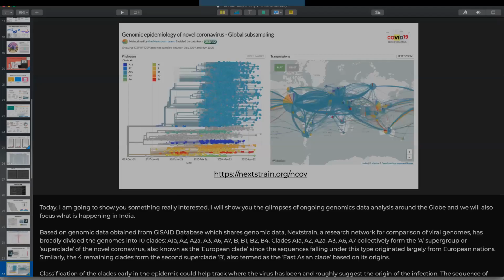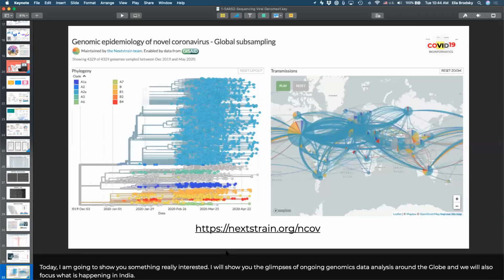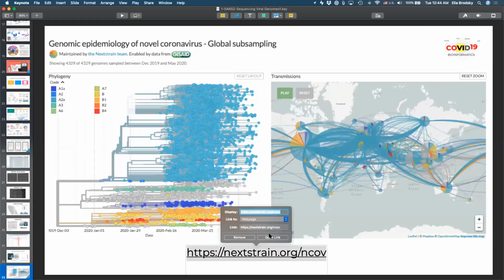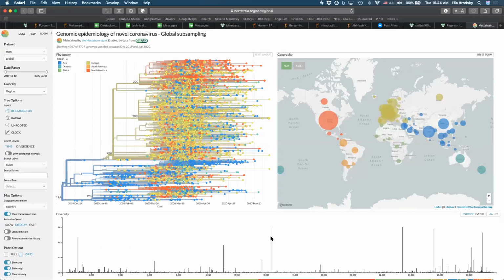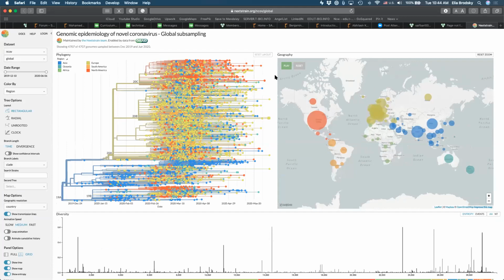This is called NextStrain, and it is a website that allows us to look at specific genomes as they went from the place where they originated and all the way to where we find them today. So here, if you go to that link,